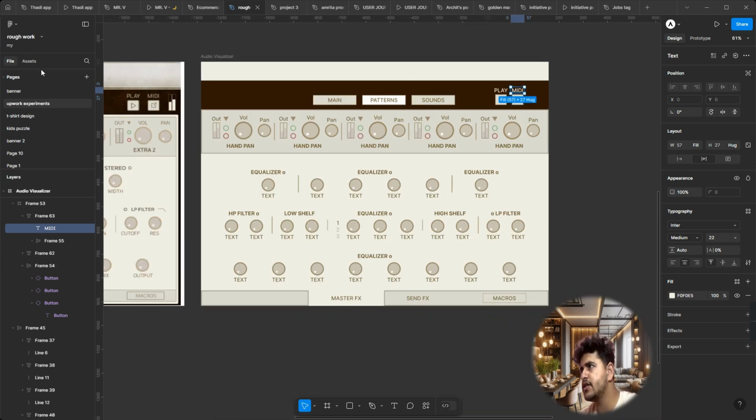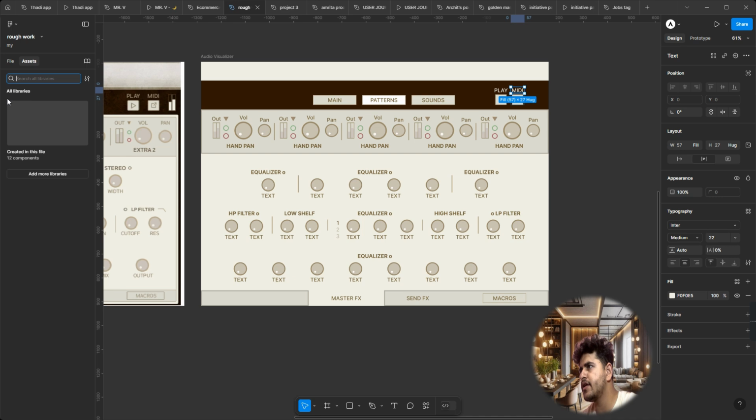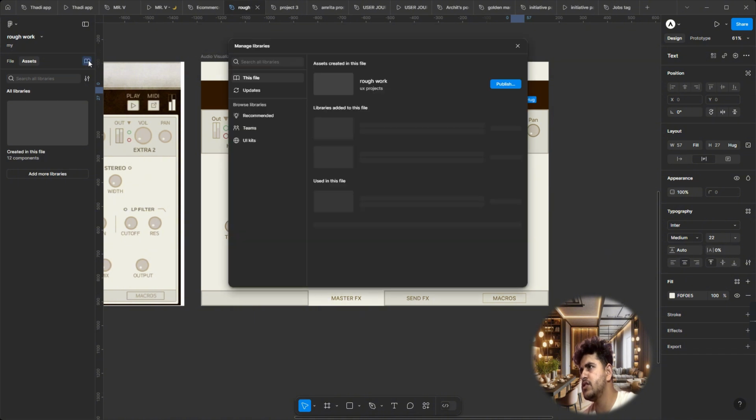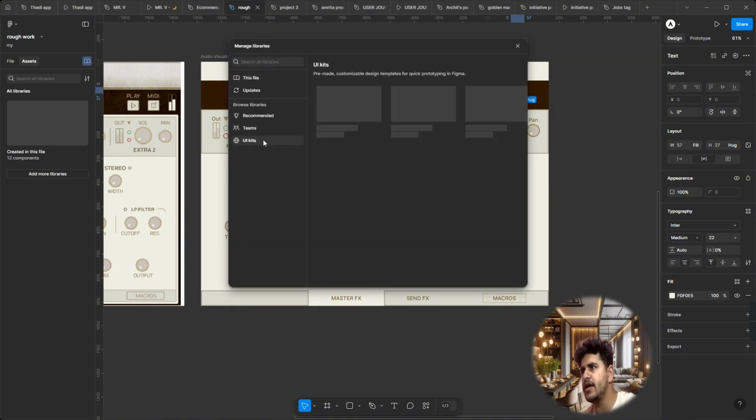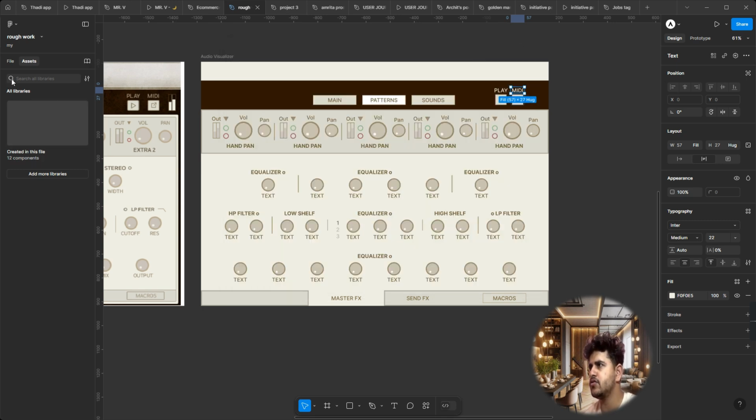What we can do is, in this asset, now in the newer version of Figma, we have some asset libraries, like you can check by this button whether libraries are enabled or not. Otherwise, it is taking some time. What we can do is share